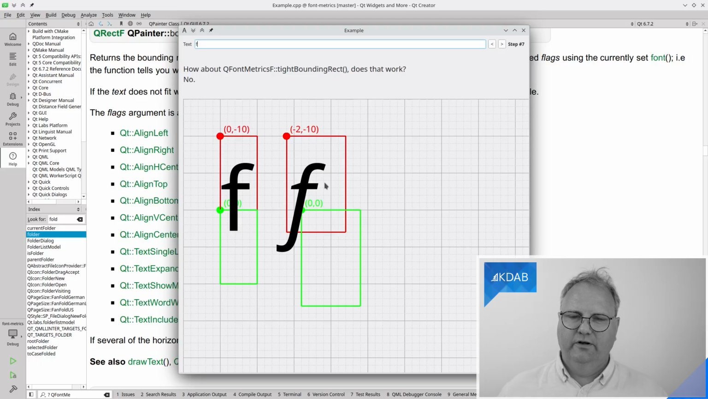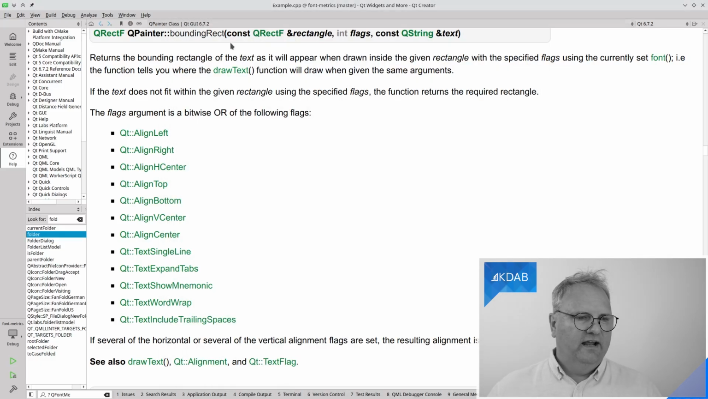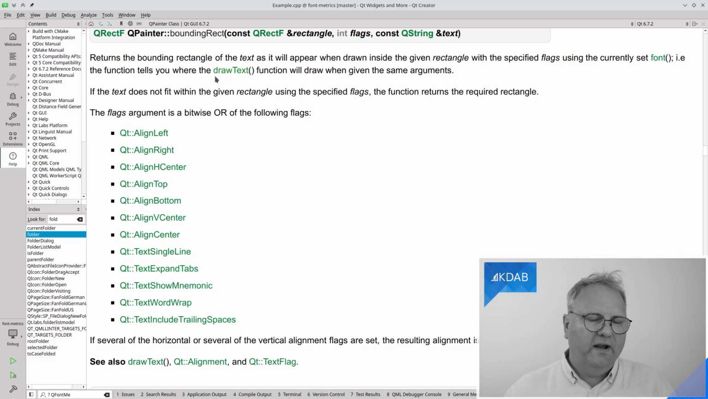And I continued on looking in the documentation. And I read it for the nth time this time. I was reading the boundingRect method here, and it tells me that the function tells you where the drawText function will draw when given the same arguments. So I've given a boundingRect here and drawText, and just for the fun of it, I of course knew what I would get to. I would get to QPainter, drawText, and